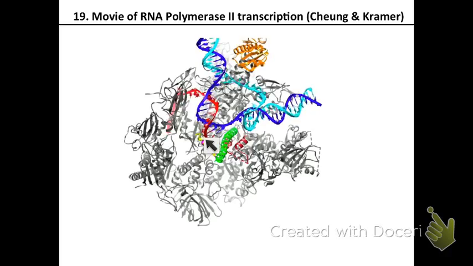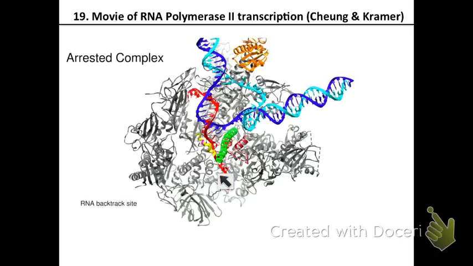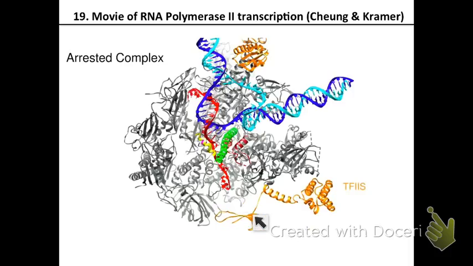What it does is it backtracks. So it goes back and now gets that newly synthesized RNA, translocates it into a new site on the RNA polymerase complex, where the RNA is now interacting with these proteins. Okay, so this is the RNA backtrack site,